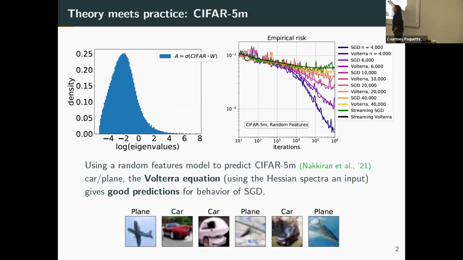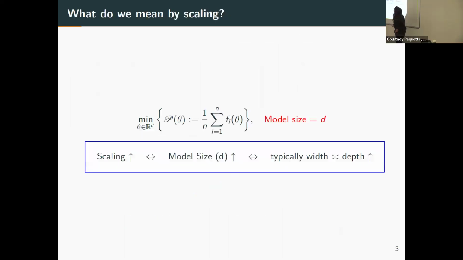That is to say, at any iteration of SGD, I can exactly tell you what it's going to be. Even though it's a random algorithm, I can actually tell you exactly what the loss value is. And so that's what's happening here. You see these curves, these are representing SGD. And this smooth line is actually not the mean of runs. It's literally a prediction that I can give you before you even run the algorithm. Okay?